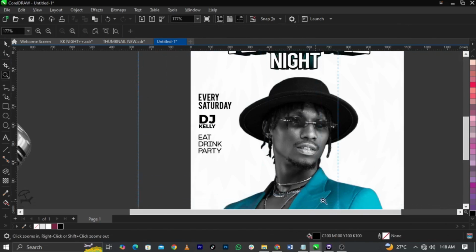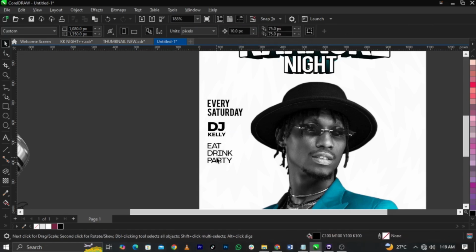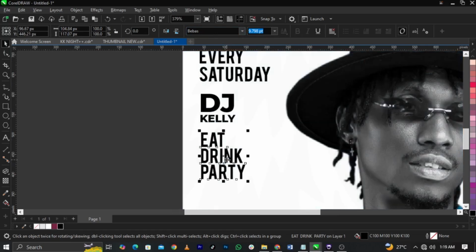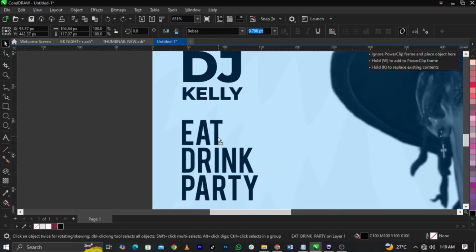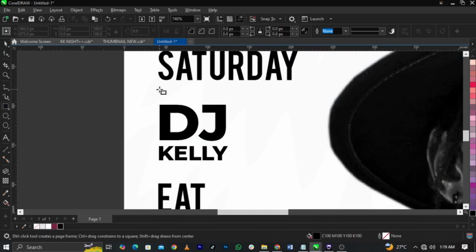And I think I'm making use of a lot of fonts here, which is not making sense. So let me just go back to Bebas. All right, let's go back to this font, because I think making use of a lot of fonts in a design doesn't sit well with me. So I want to select my